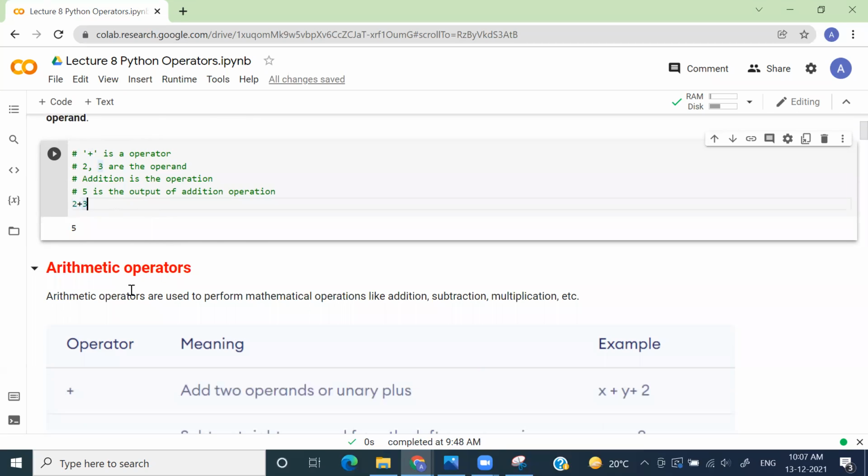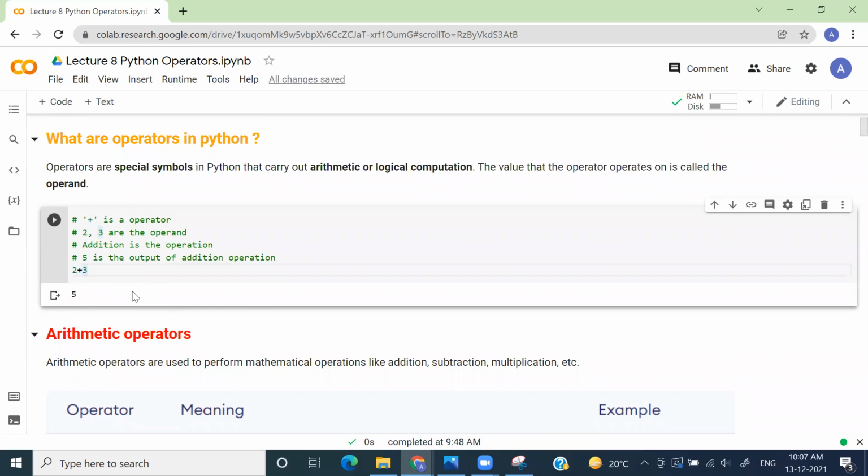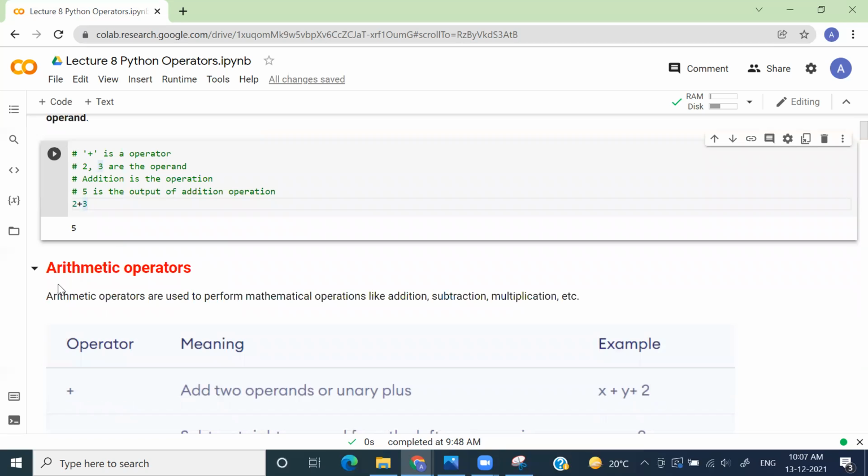Now let's see what are the different operators we have in Python. In Python we can broadly classify operators into 4 categories, and the most important and most frequently used kind of operator is the arithmetic operator. The operators that fall under this category are addition, subtraction, multiplication, division, right?